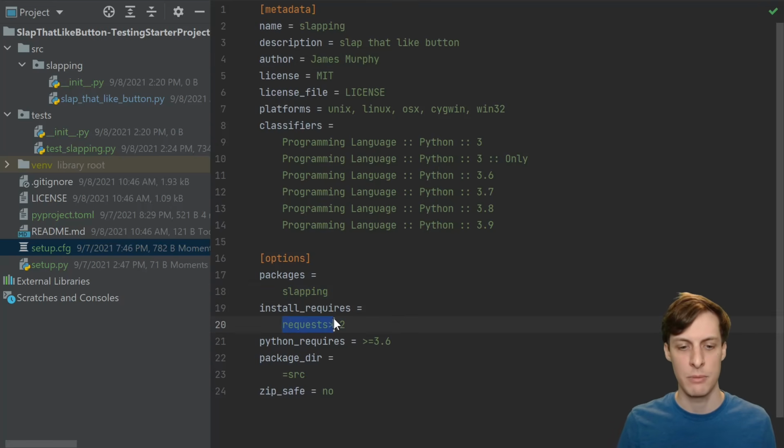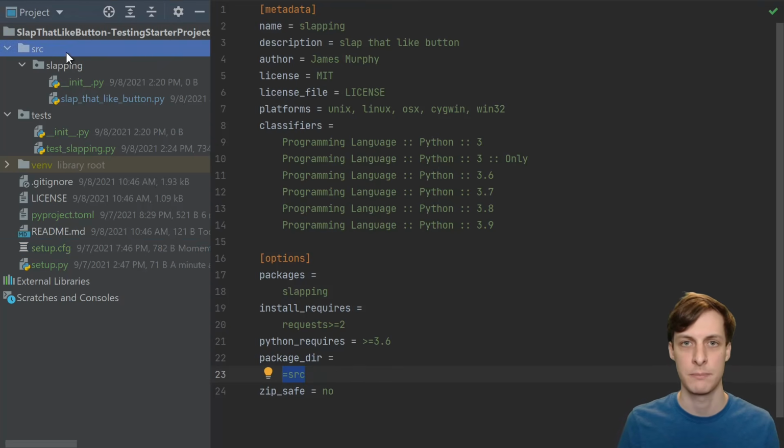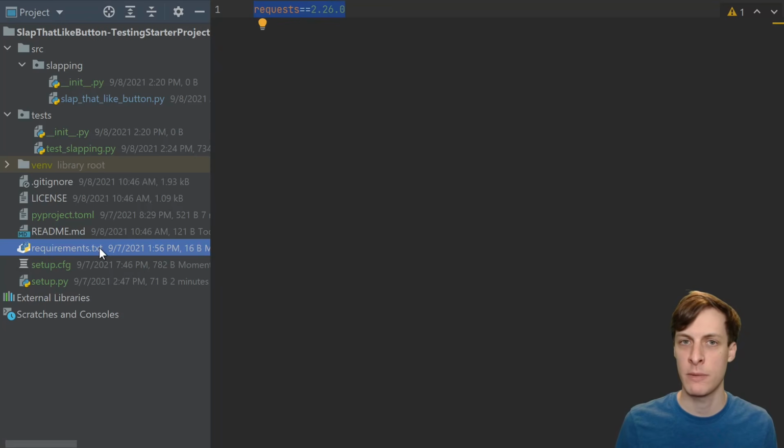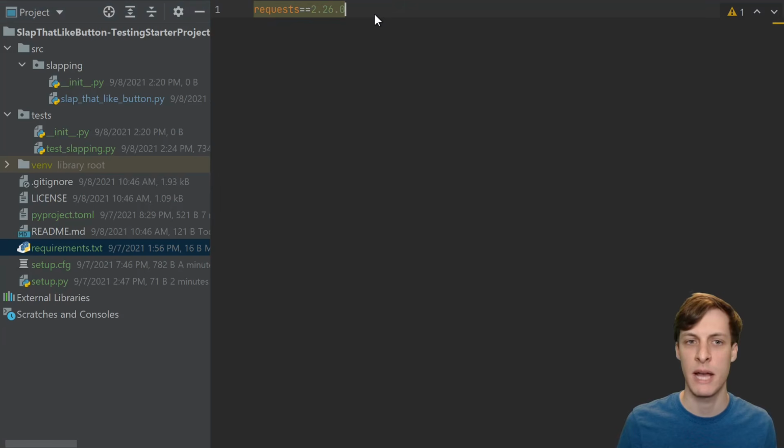And to install this library, we're just going to pretend that it depends on the requests library. I don't actually use requests in this repository. I'm just showing you so that you know this is the place where you would put those dependencies. Another important option here is that we're saying that our packages are contained in this source directory. Then I go ahead and make a requirements.txt file that has all of my dependencies, in this case just requests, and it's good practice to give very specific version numbers. So in the setup, I just said requests greater than or equal to 2, and in this file, I'm giving a specific version.